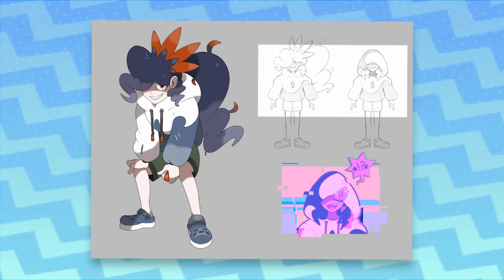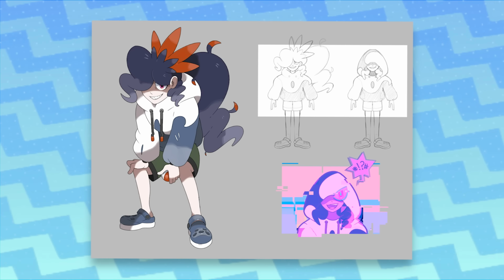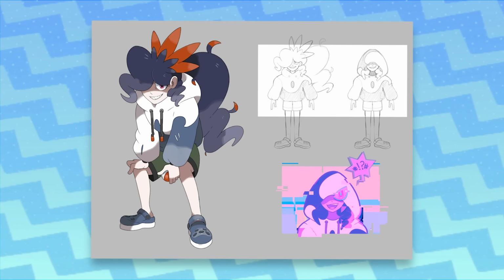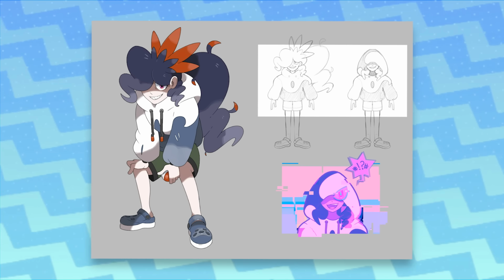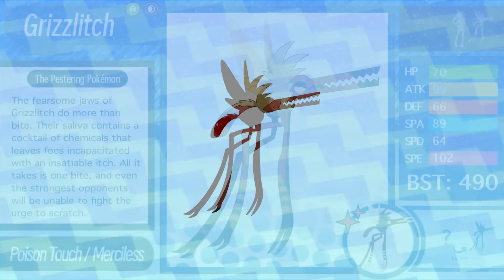But no, his ace Pokemon is obviously a new Pokemon you've never seen before, and it reflects how his real power is kind of just being a nuisance. He's not really a major threat. He's kind of just something that you wish you could ignore, but it's always there, buzzing in your ear. His partner Pokemon is Grizzlich.